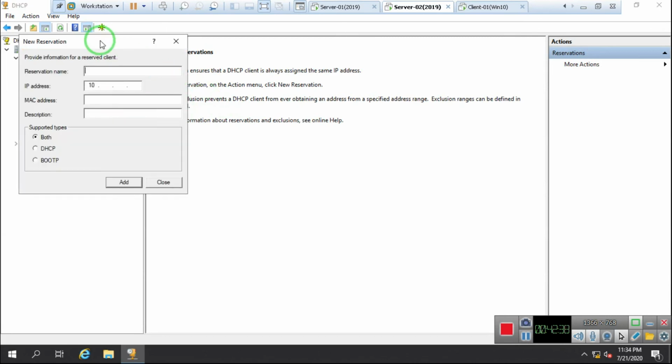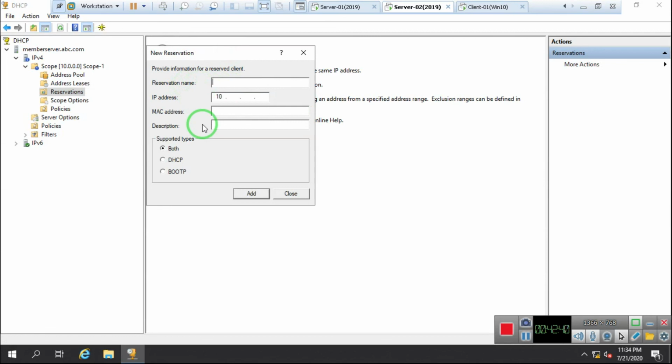Over there it asks me for the reservation name. Imagine my reservation name is reserve 1. And I define the IP address as 10.1.1.10. I want to reserve IP address 10 to this client. Now I need a MAC address for this client.